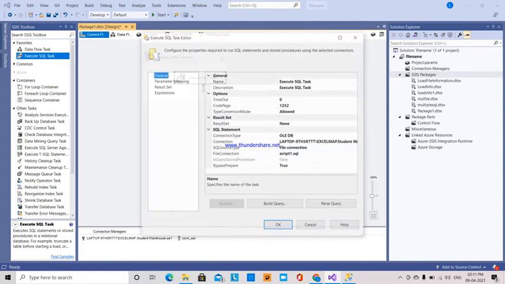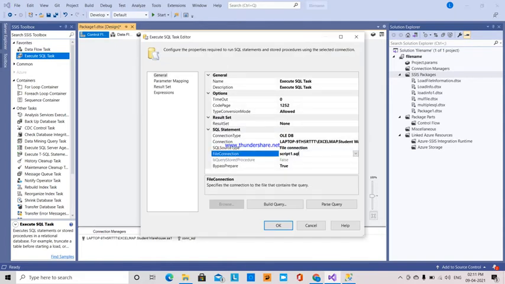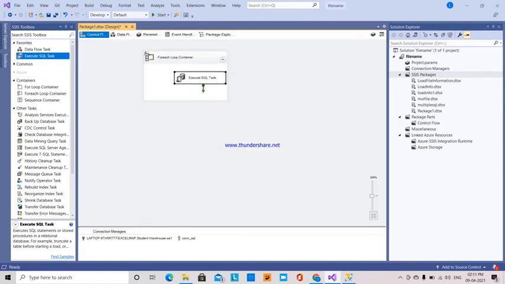Again, if you see, it's also a script one, so I am going to name the same connection there. Hit OK.